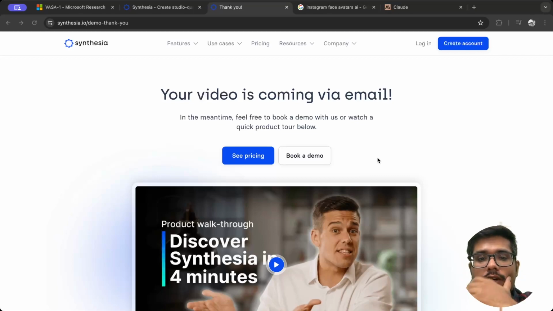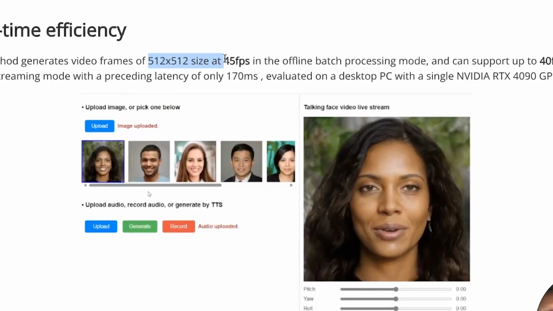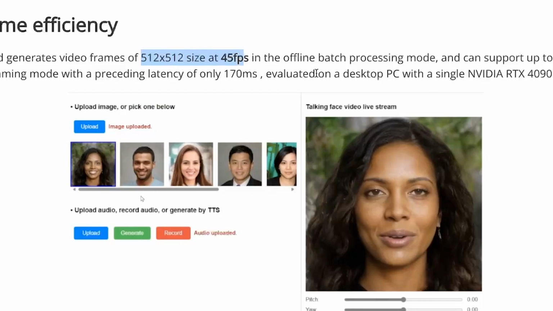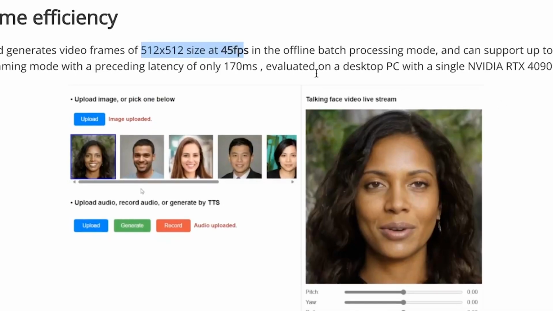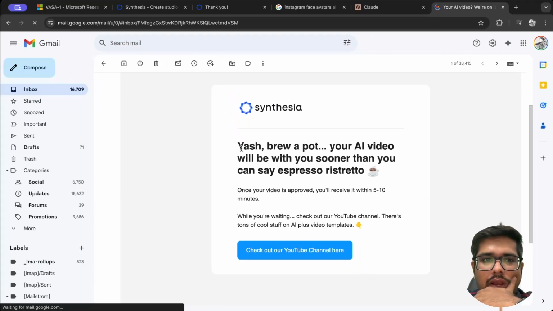It's not available to everyone, and I'm assuming that this takes a crazy amount of computing power, primarily because you're now not just generating an avatar, which would anyways take heavy computing power, but it also adds expressions. It's not very different from what we saw here, but you can see how a low quality 45 fps video takes high-end computing to do this sort of generation. So I would assume that this takes a decent amount of time and also costs a decent amount of money to run.